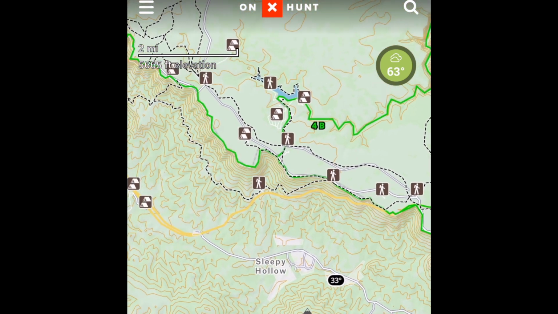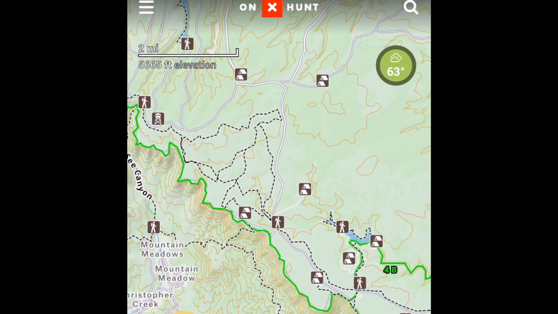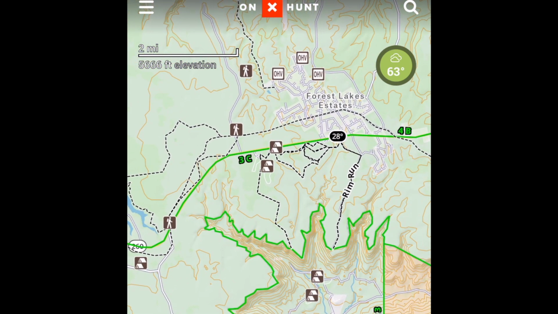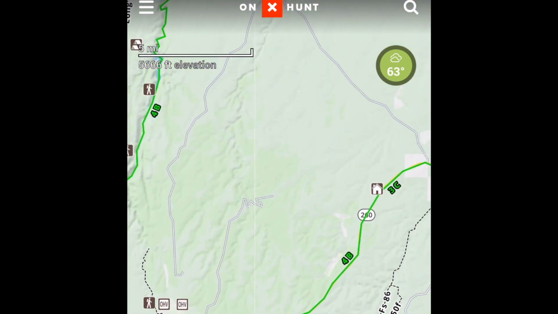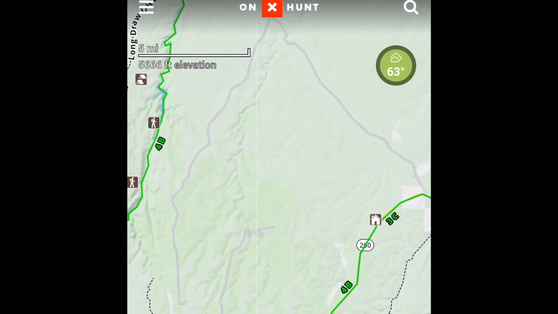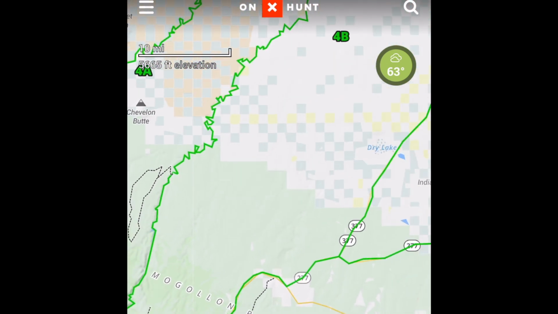So when you guys draw that tag, it's really important for you to get out there, just have an understanding of it, drive some roads, get some points on a map. And there's some cool stuff, as you can see when I'm going through on the map. There's lots of little water holes, lots of meadows that elk can tuck into. Very similar to Unit 3 in the fact that when it's a dry year, guys, all those elk